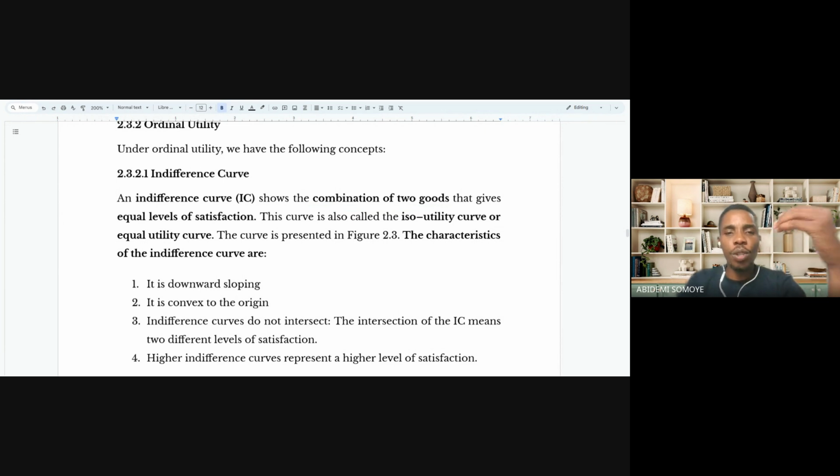So an indifference curve shows the combination of 2 goods that gives equal levels of satisfaction. The curve is also called iso-utility curve or equal utility curve. Curve is presented in figure 2.3. The characteristics of indifference curves are. All right, so for an indifference curve, it says the combination of 2 goods here. That means that for an indifference curve,